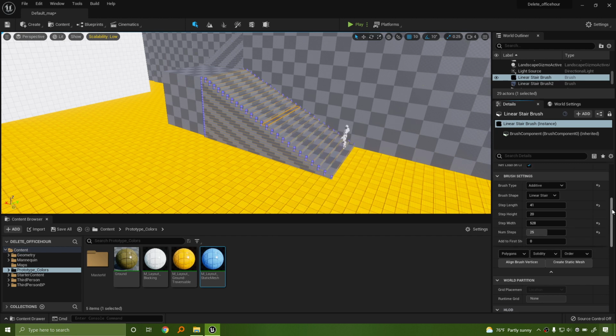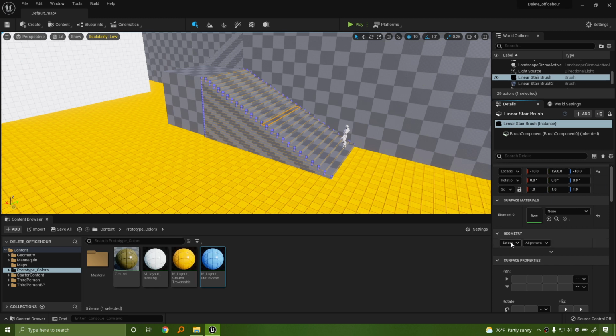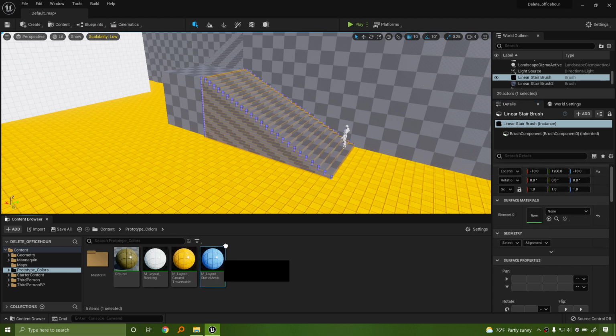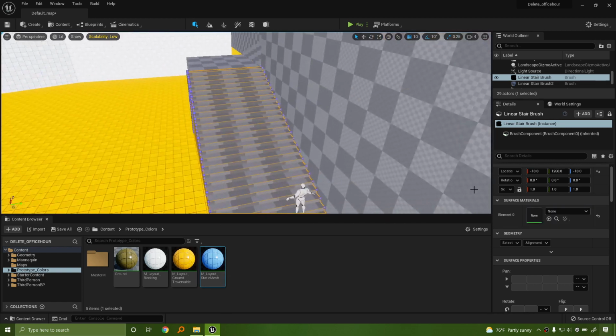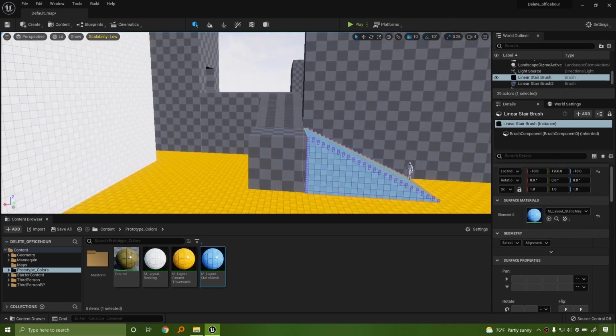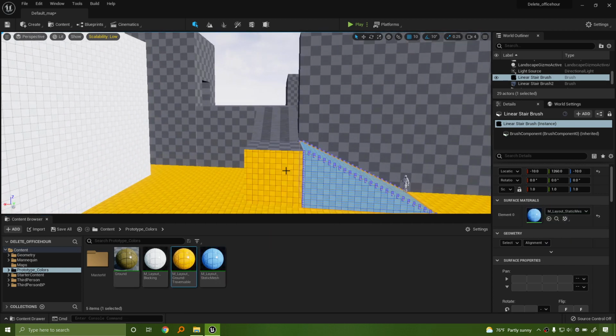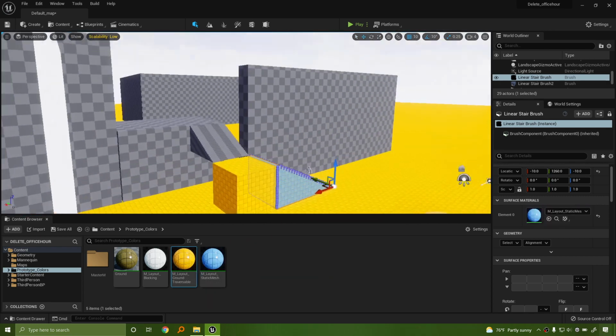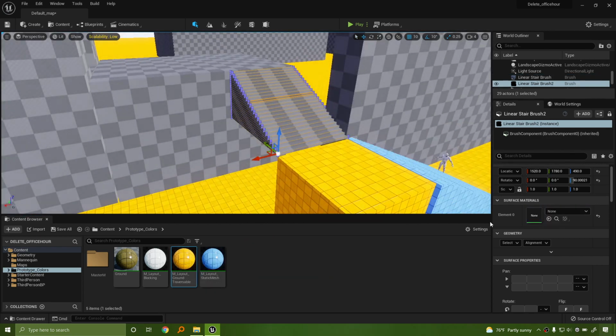One of the nice things about BSPs is that you can select all adjacent surfaces, which selects the entire thing. Come on, apply, por favor. There we go. This can be orange here. And the thing is, it applies color per face. Let's select that.